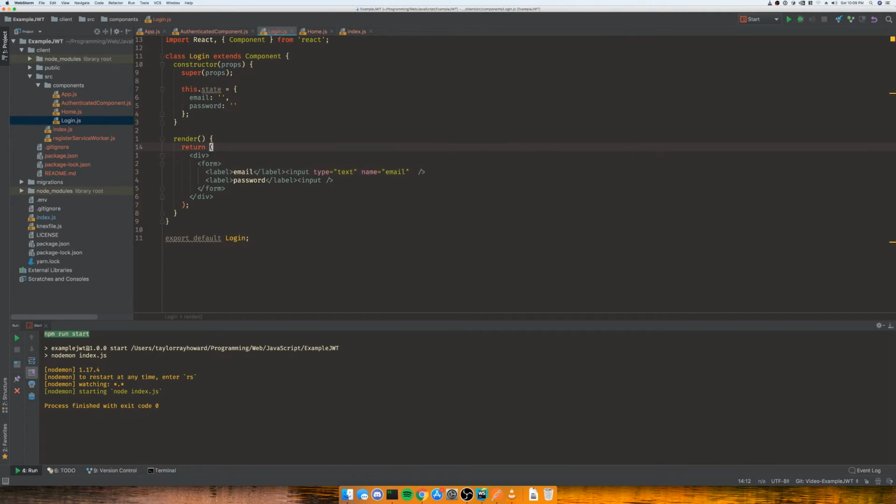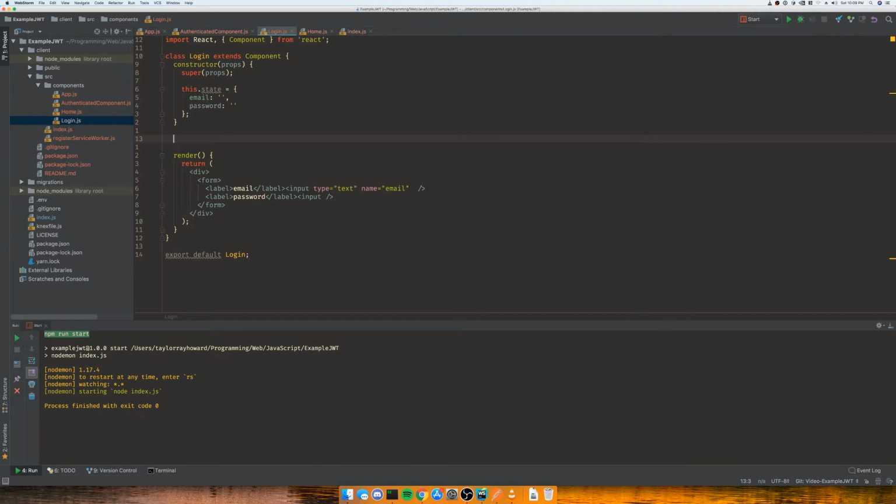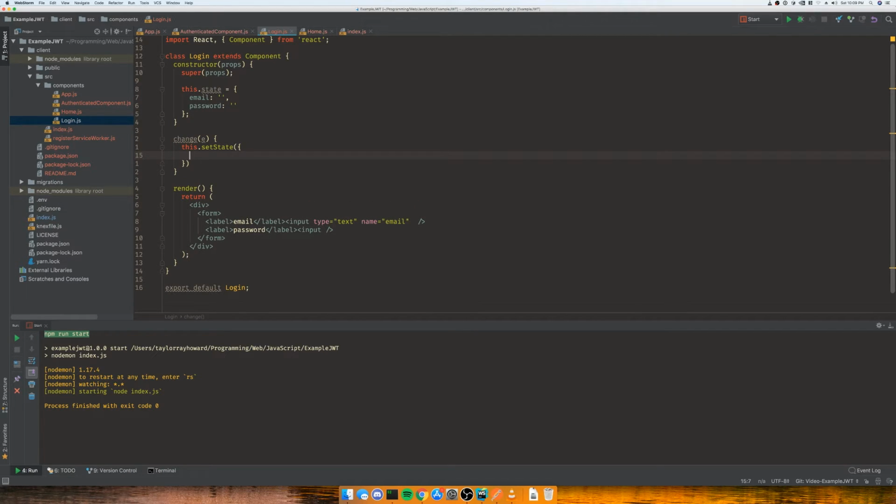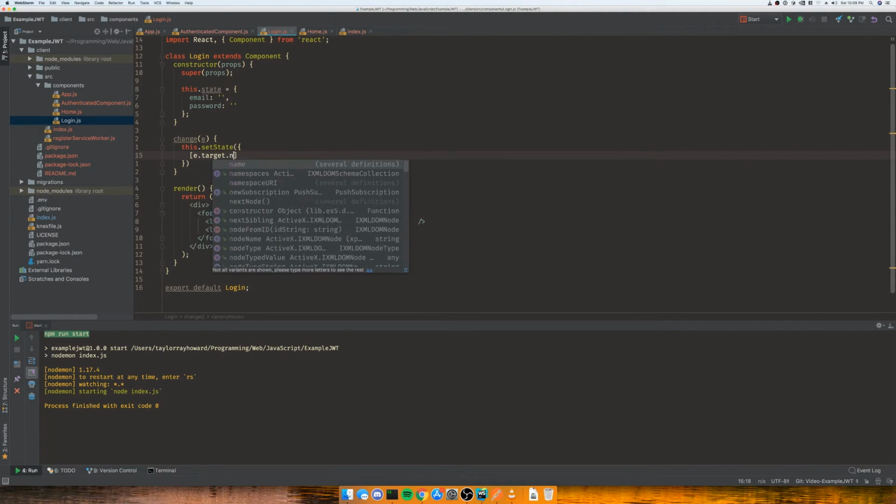And we're going to implement an onChange method, and this onChange method is going to encapsulate everything. So we're just going to have a single onChange method. So we're going to say change. We're going to have an event get passed into it. We're going to say this.setState, e.target.name,